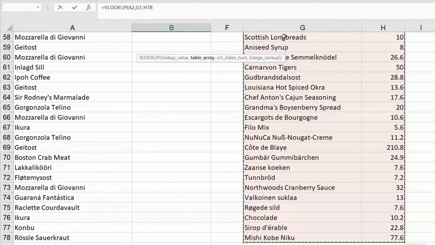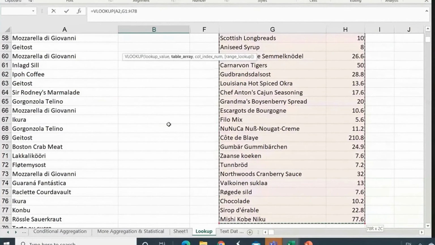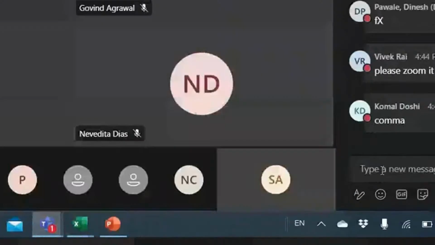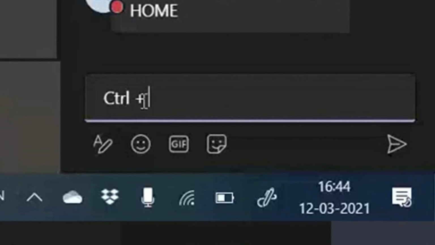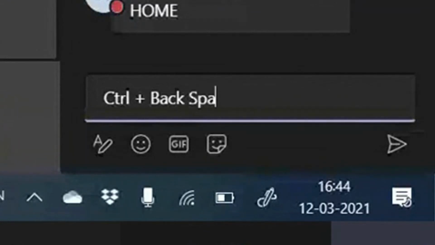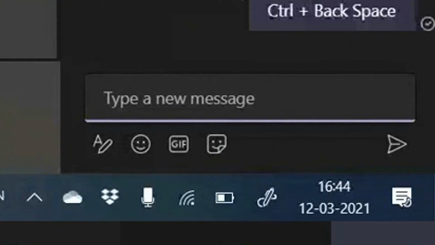Okay, one more tip I want to give all of you. I was writing a formula, right? I was in some cell, correct? But I picked a range, I came down, and now I'm not able to see my formula. Though I can see it in the formula bar, not in the cell. Guys, remember this shortcut: Control plus Backspace. It will bring you back from the selection itself. Remember this beautiful shortcut.